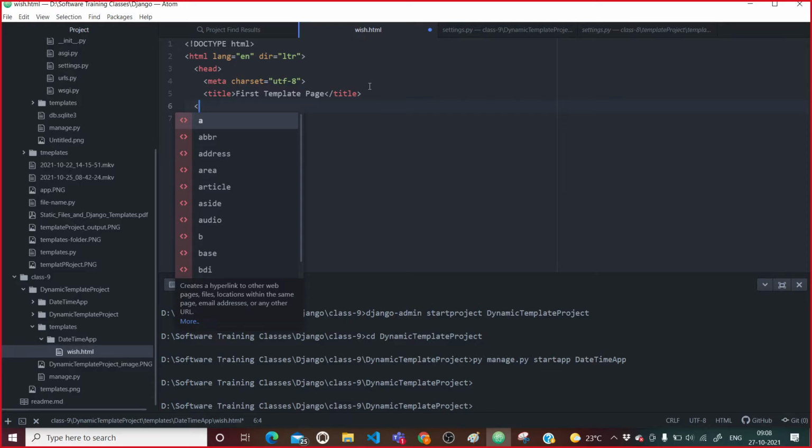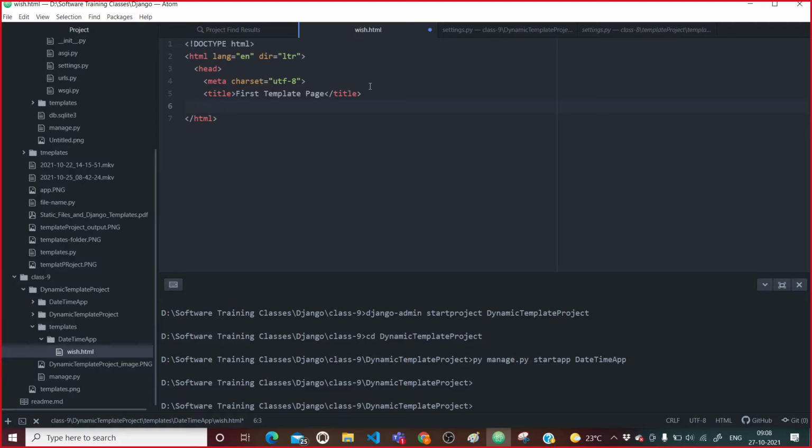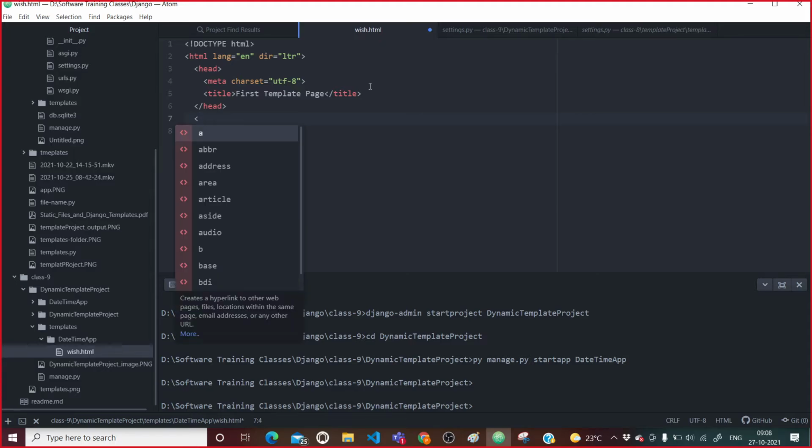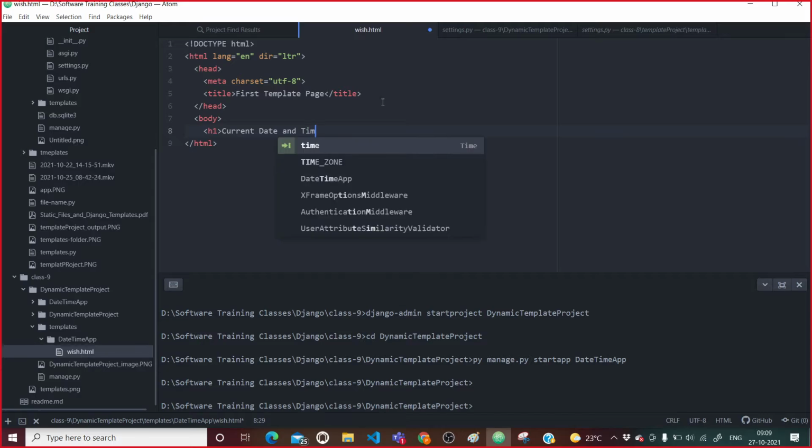Let me close the header right now. After closing the head, we need to start the body. And here we will say h1 hello server. Simply I will say current date and time.